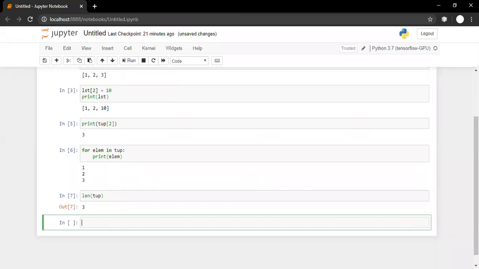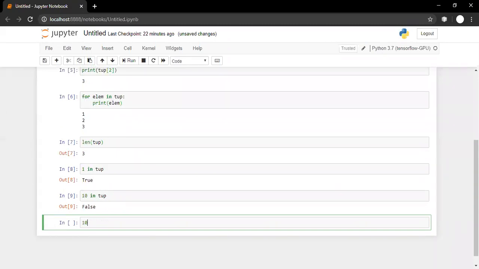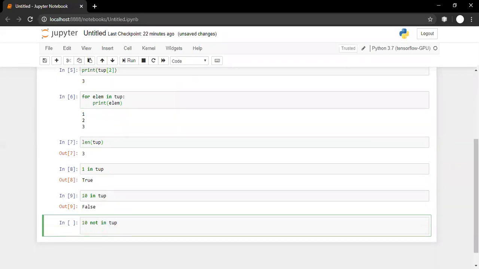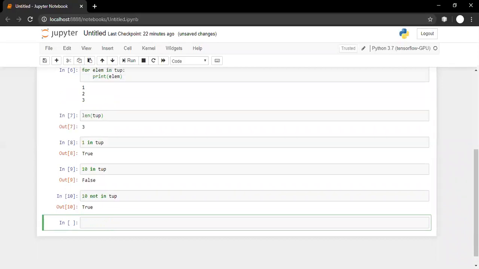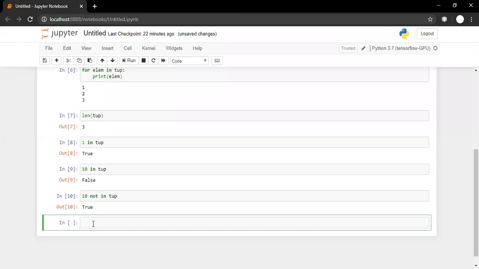Then there are operations like in keyword and not in keyword. For example, 1 in tup. Is 1 present in tup? Yes, true. 10 in tup. Is 10 present in tuple? No. Similarly, 10 not in tup, true, because value 10 is not in tuple. So basically tuple and list both are same.